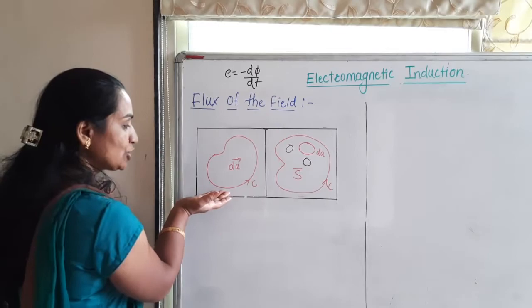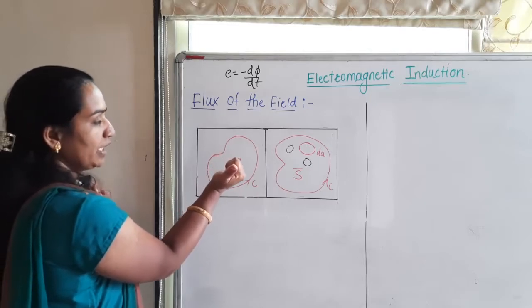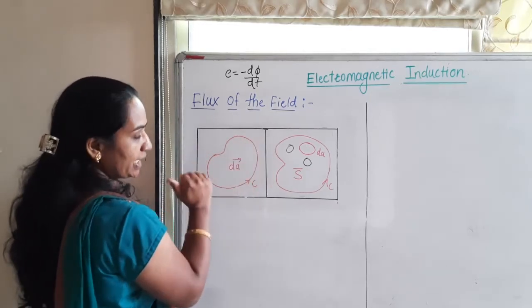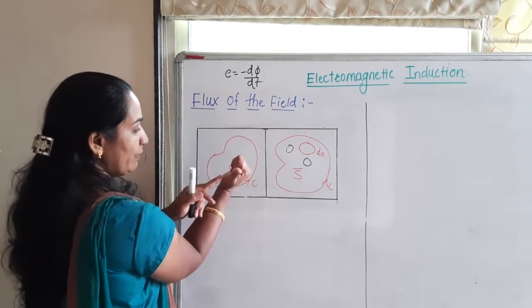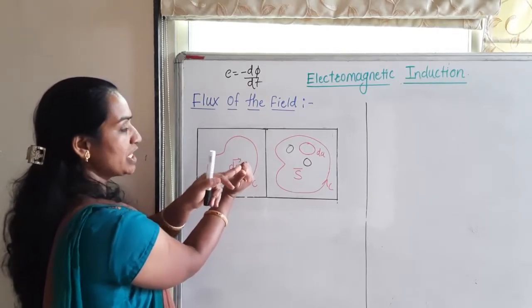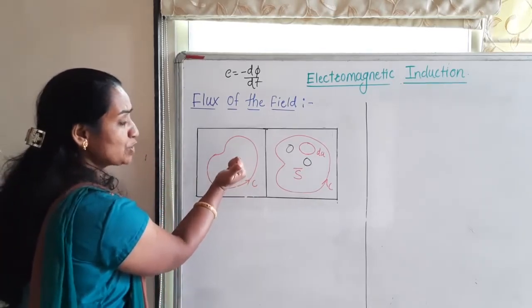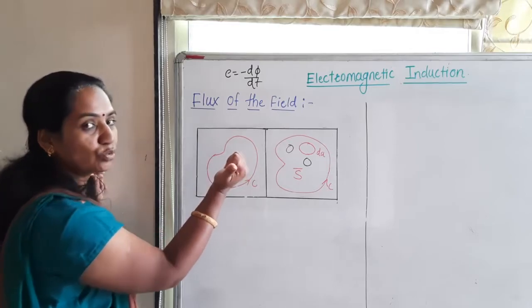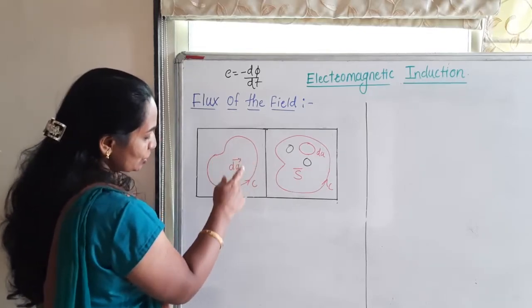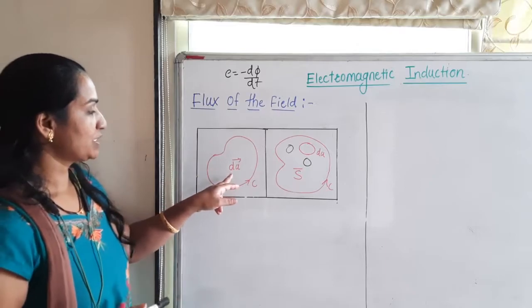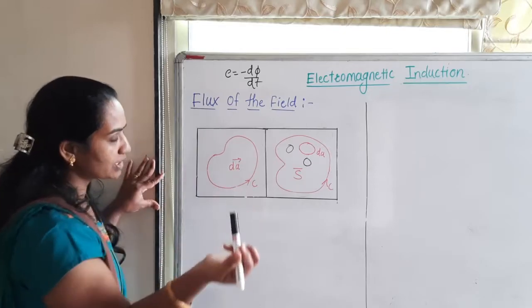If we consider the direction of the total area as anti-clockwise, here we consider the right hand. The right hand rule means the plane area and the thumb are mutually perpendicular, and this thumb gives the direction of the small area. The direction of the small area is towards the reader, that is, in the outward direction.